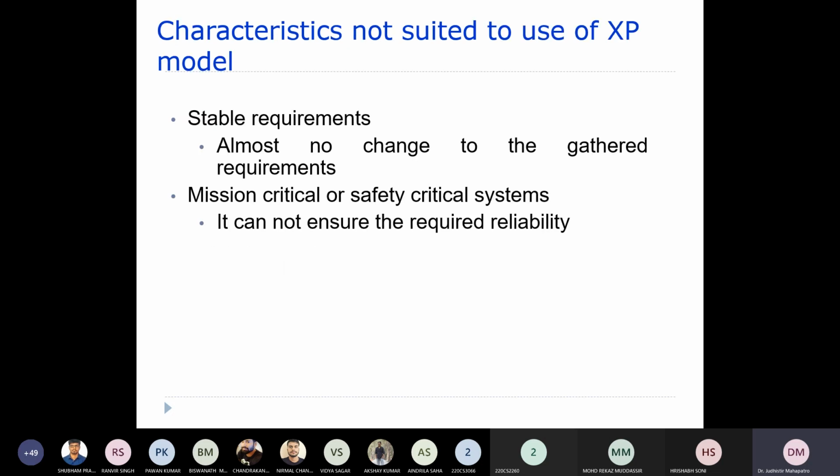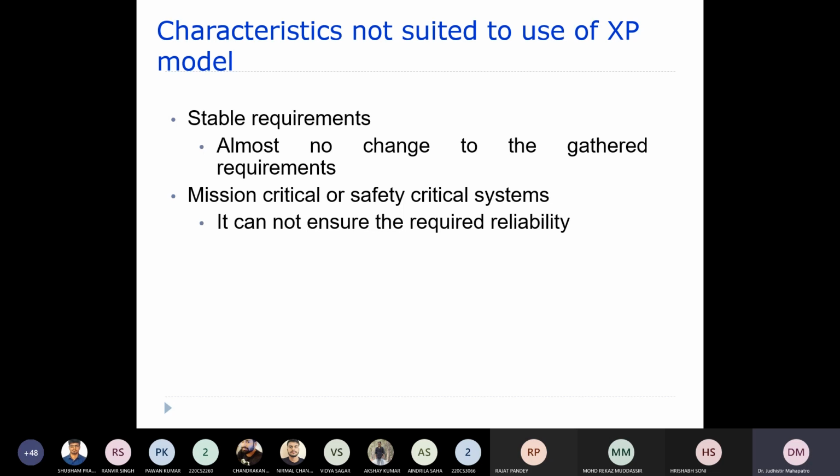Now some characteristics of applications will make this extreme programming model not suitable. Yes, Rajat. Actually, earlier we had an analyst who was collecting the requirements. Compared to that, here only the developers will be in direct contact with the customers, how is that? Yes. The development team will take all the user stories.